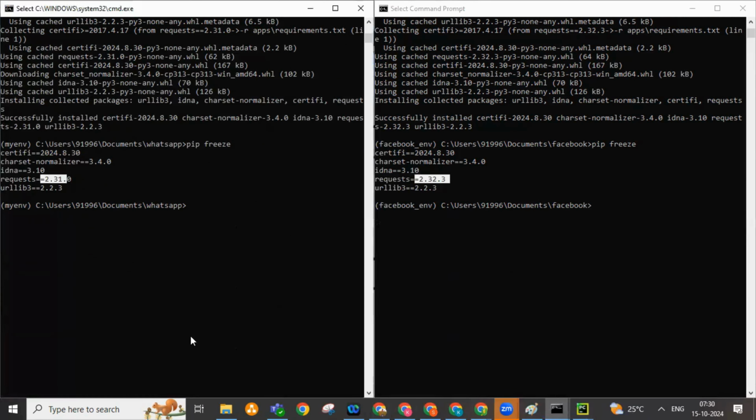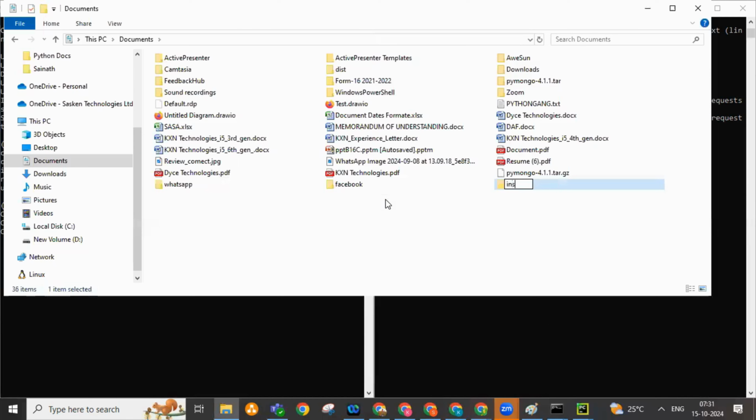So deactivate it. Deactivate. Got it. And now let me create one more application. So WhatsApp, Facebook, let's say Insta, for example. Now what I want to do is, with Insta, I want to install another version of a library, for example. This time I want to use